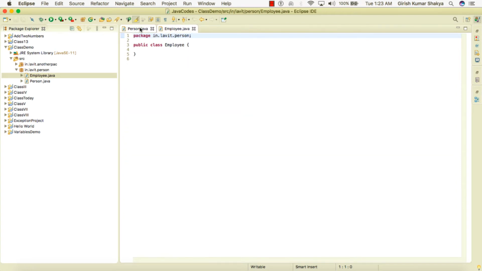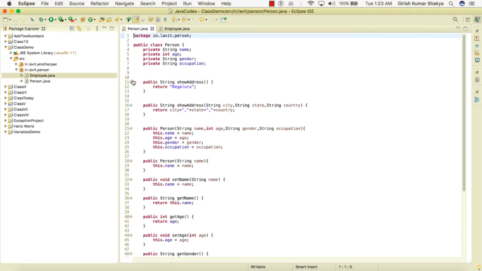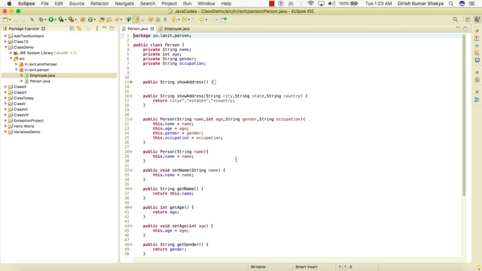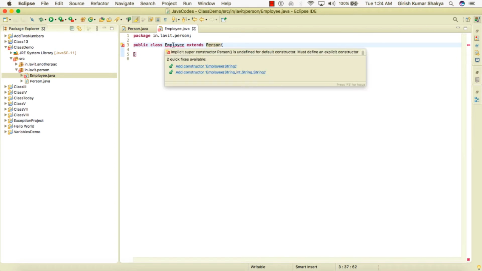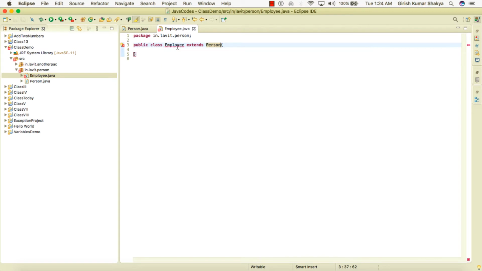To inherit the properties, the public properties of this particular class, it's pretty simple, my friend. You can use a keyword. That keyword is extends, and by using extends, you can extend Person like this. All right, now as you can see here,